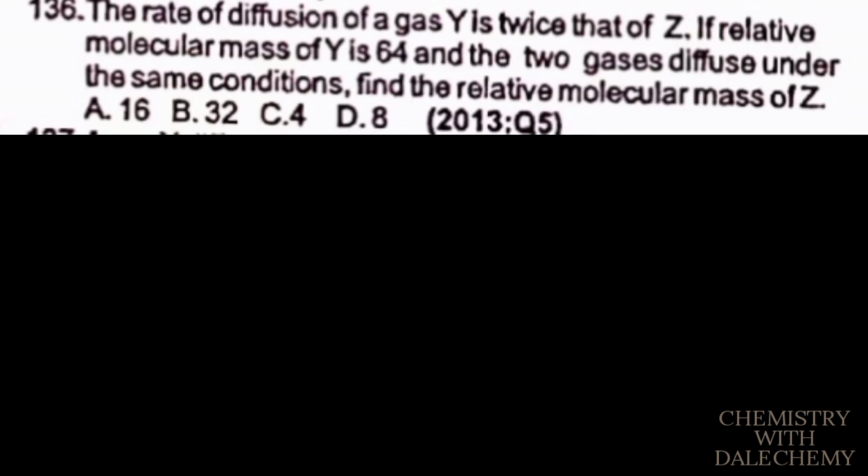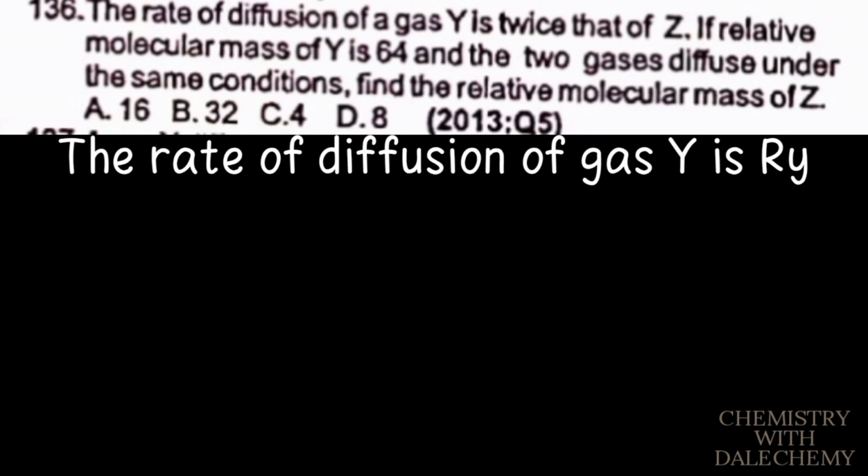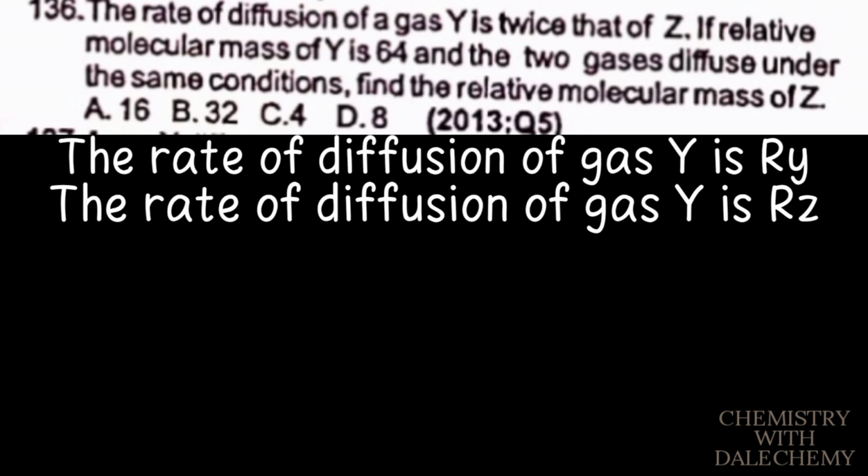So the next question is question 5 of 2013, which says the rate of diffusion of gas Y is twice that of Z. If the relative molecular mass of Y is 64 and the two gases diffuse under the same condition, what is the relative molecular mass of Z? The rate of diffusion of Y will be Ry, and that of Z will be Rz. Since the rate of diffusion of Y is twice that of Z, then Ry is 2 times